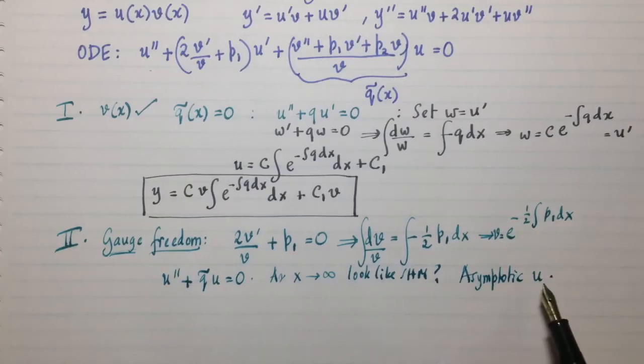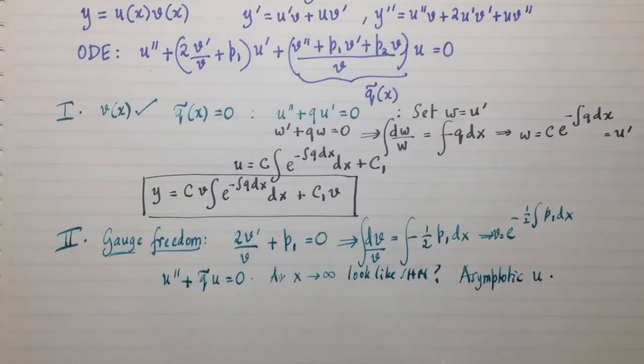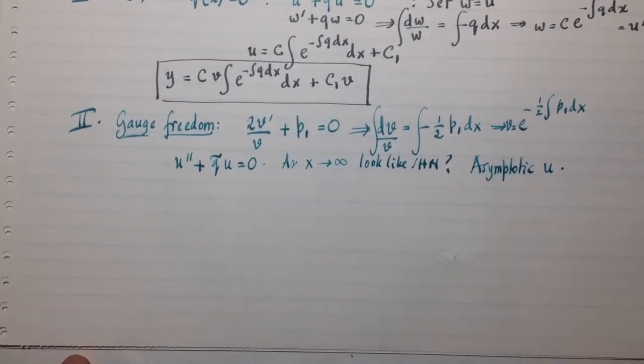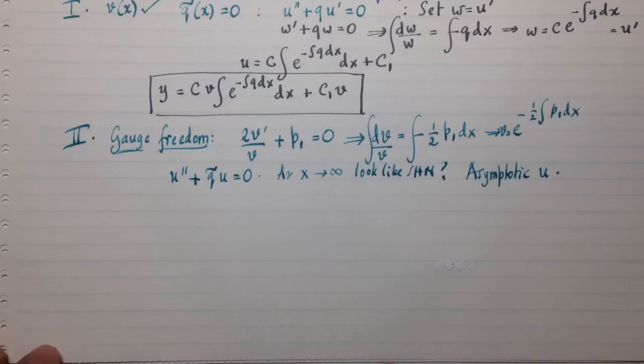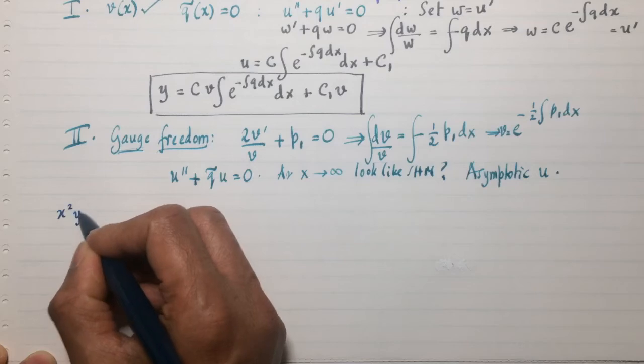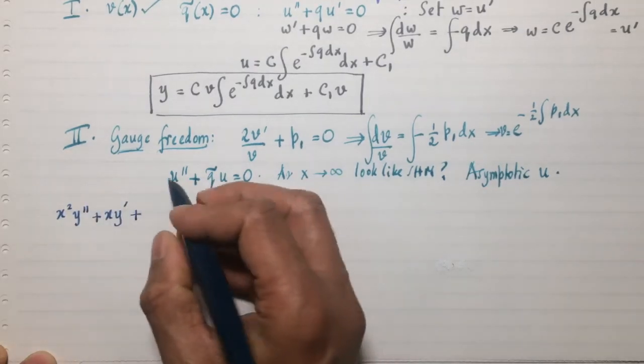Once you have the asymptotic u, you can multiply it by the v to get the full solution at infinity. So these are the very general methods called the Bernoulli technique, and let's try to apply it to reduce a very famous equation in mathematical physics called Bessel's equation. The Bessel equation will form a big part of future videos, but it's good to have a little peek at Bessel's equation in a very general setting before we go into the specifics of solving it using the method of